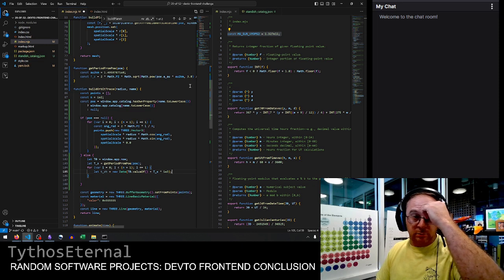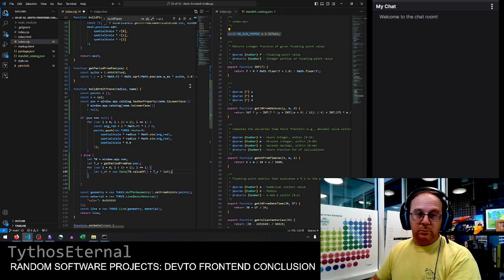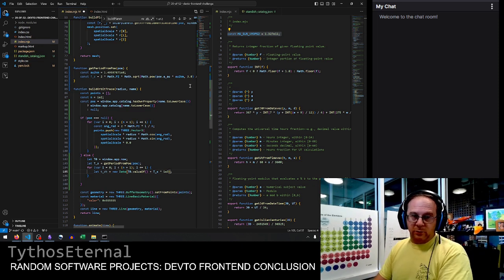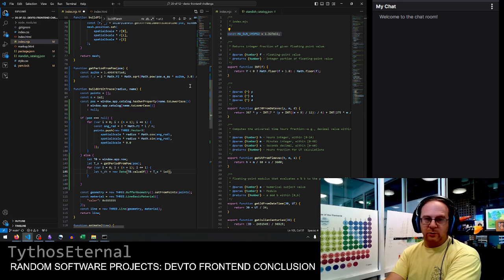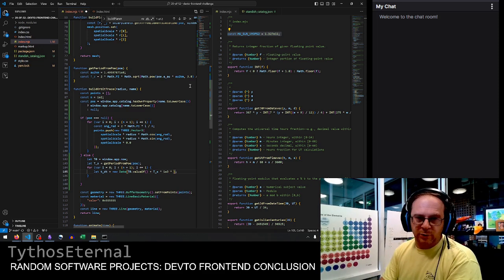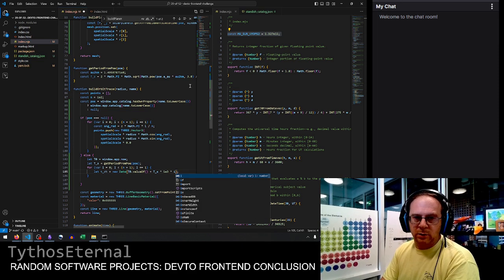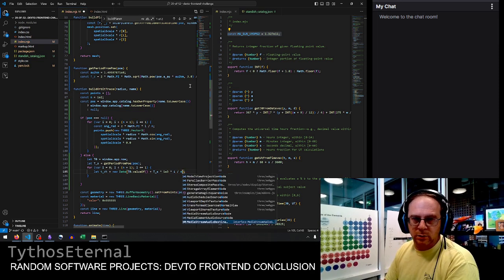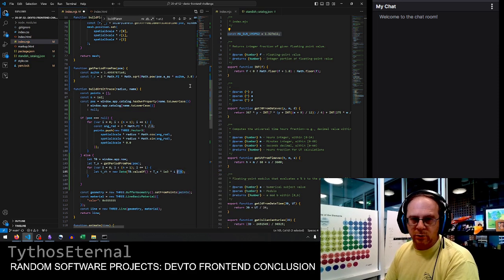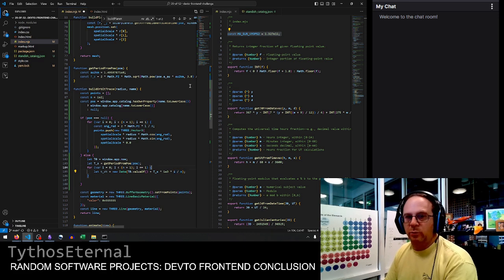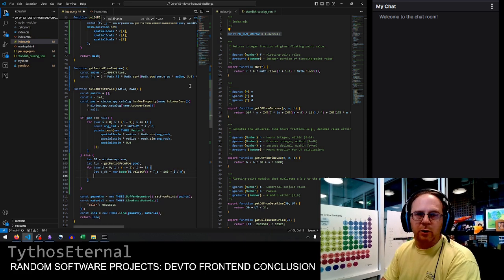So that's the total period, and we need some fraction of that period, specifically i over n. That will go from 0 to 1 inclusive because we did n plus 1. Okay, that should work. Now we have enough to